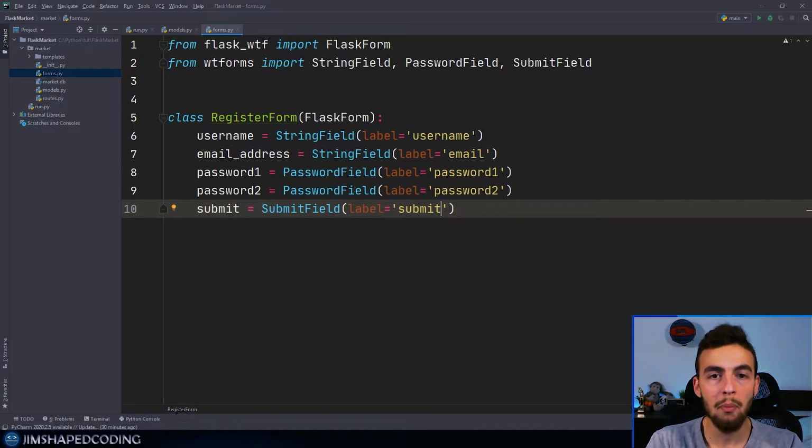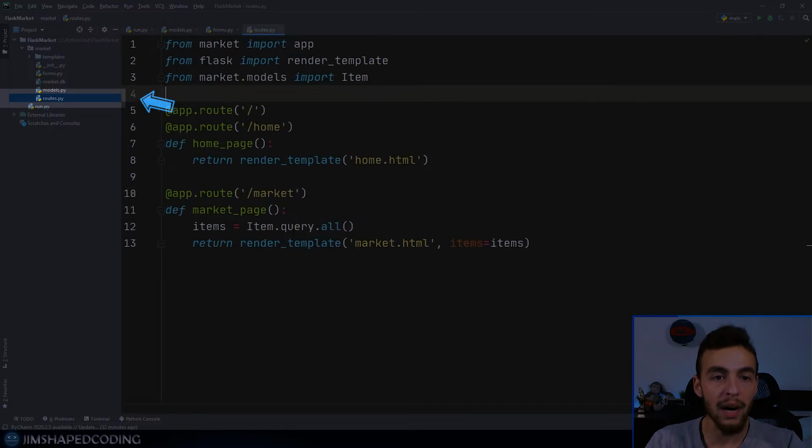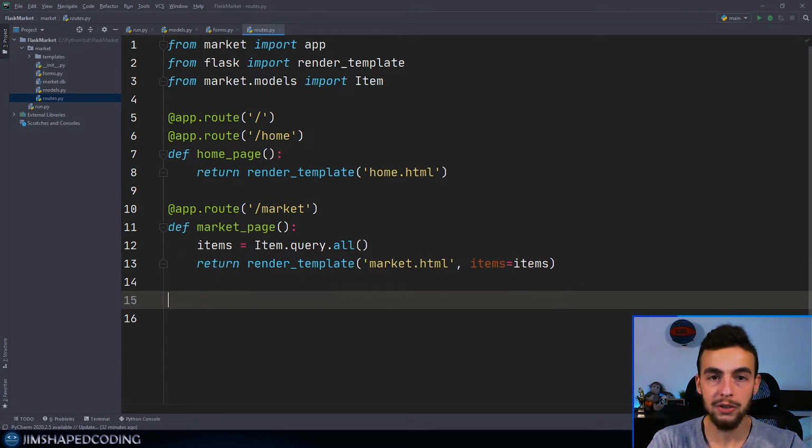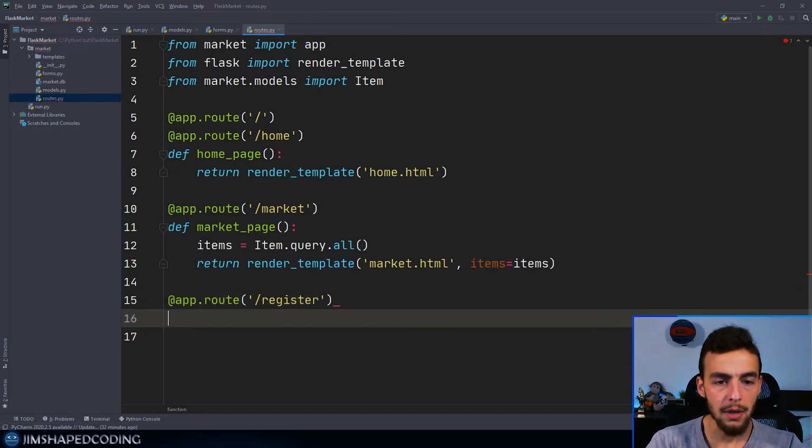Later on we are going to go back to that register form to write some validations in order to make our form more secure. Okay, so now it is a great idea to import this RegisterForm class from our routes. Now we currently don't have any route for our registration page, so let's go ahead and create one. I will go to my routes.py, zoom in the font here, and start creating a new route for our register page. So it will be @app.route, and I will navigate our users to /register,